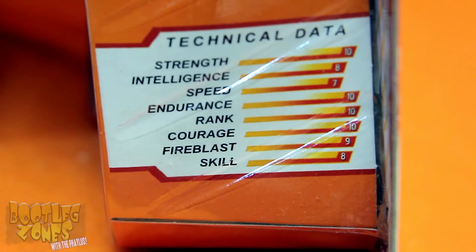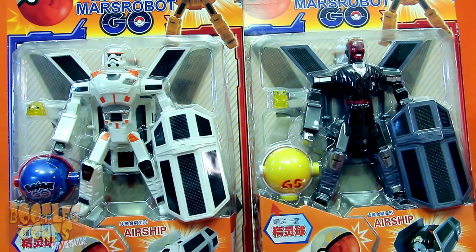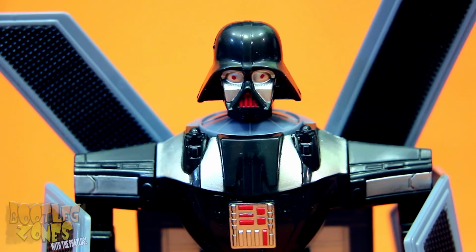I'm kinda disappointed that one of these is not telling me how good Darth Vader is at catching Pokemon. Maybe that's Fire Blast. Alright, so let's see how well our Star Wars characters' journeys to become Pokemon Master Transformers has turned out. I know I already mentioned it, but...